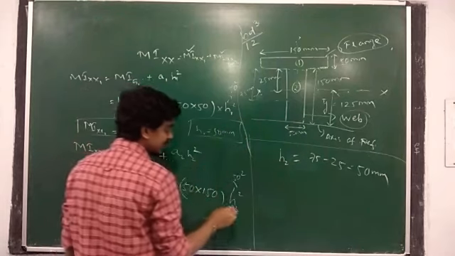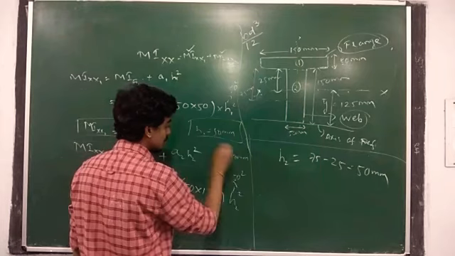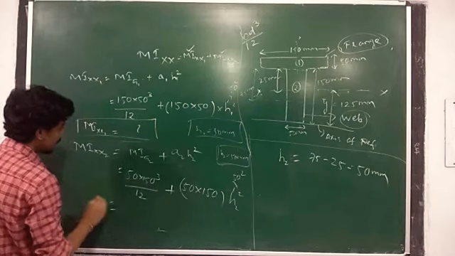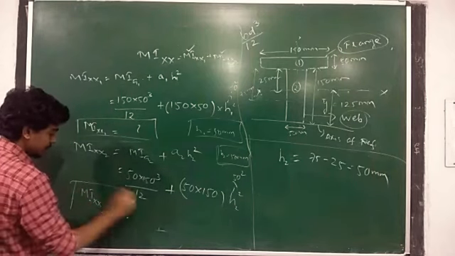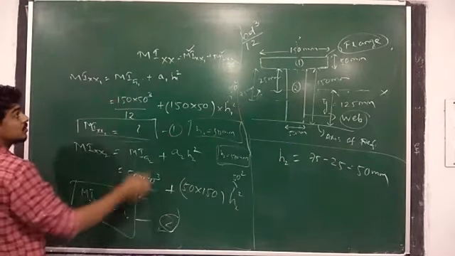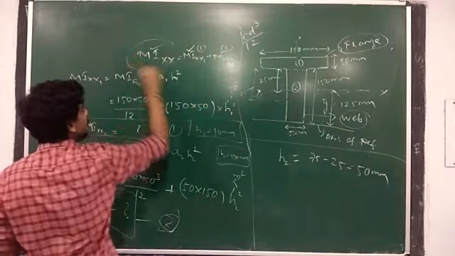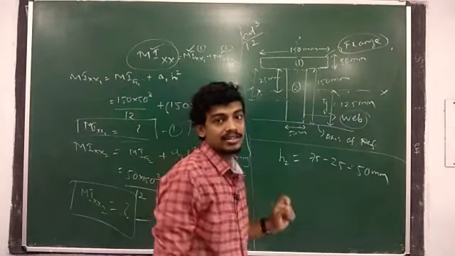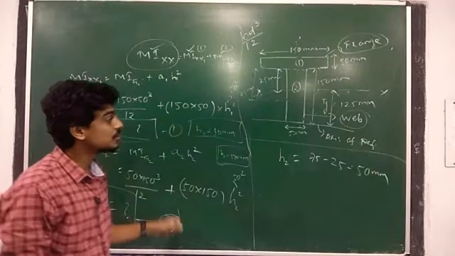If you are getting confused again in h2 and h1, you can contact me, and after putting all the values you can get mi xx2 also. Now add both the terms 1 and 2, here 1, here 2, then you will get your answer mi xx. mi yy I already calculated, so this problem will be over.